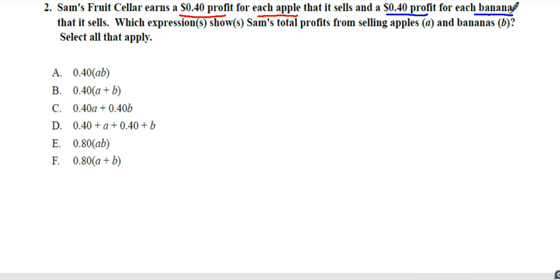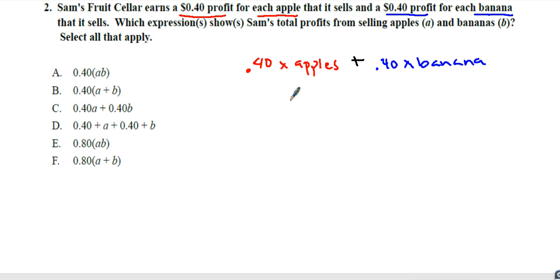Which expression shows the profit for selling apples and bananas? Well, every time I sell an apple, that would be 40 cents times the number of apples, plus